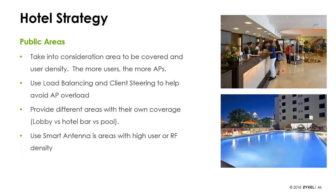When it comes to the wider open public areas, basically what you want to think about usually isn't so much the physical area, but user density. How many users are going to be on the APs in that area, and plan based on that. The more users or the more active those users will be, the more APs, right? So if you've got an area like a business conference room where you're going to have 20, 30 people in there all connected, you're going to want more APs than maybe out in a public area like a lobby where you may only have a handful of people getting on the internet at any one time. So take into mind what that area is being used for and how many users you expect to see on there. Use load balancing and client steering to avoid AP overloads,